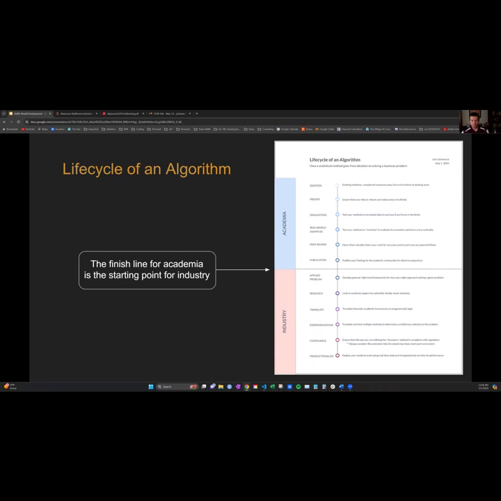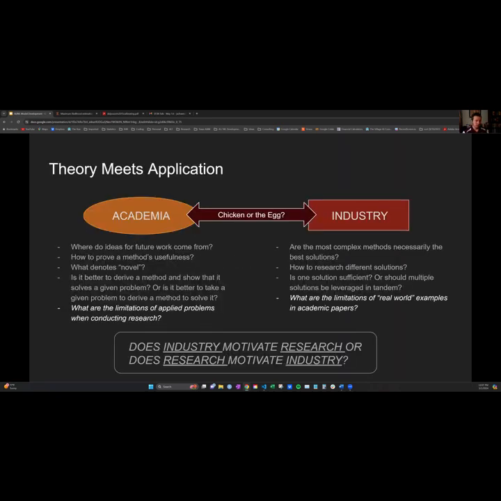But once we deploy that method, we still have to monitor it, right? Because it's unseen data, and if it's a supervised problem, we don't have the labels coming in. So we have to find a way to monitor the model's scores, the model's performance. So that's kind of end to end, the whole life cycle here. But then what I call the chicken and the egg problem is this constant battle of who's motivated by who? So these are some questions for you guys to ponder.